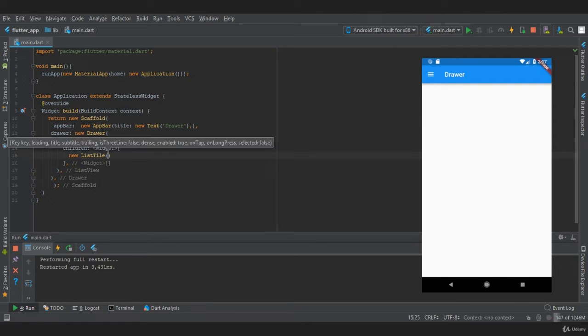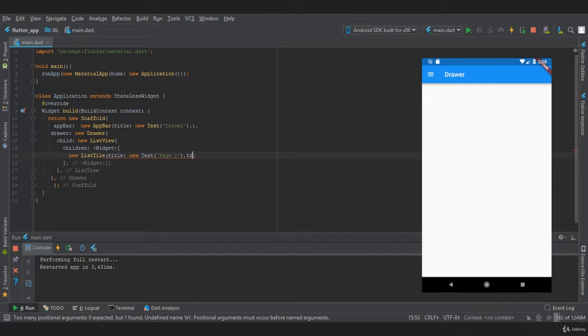Let's give a title to a list tile, which takes a widget, so text, and here we will say page 1, and we are also going to provide trailing, in which we will provide a new icon widget, Icon, and we are going to provide an arrow icon, Icons.arrow_forward.